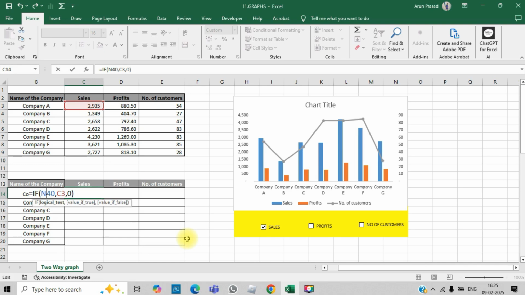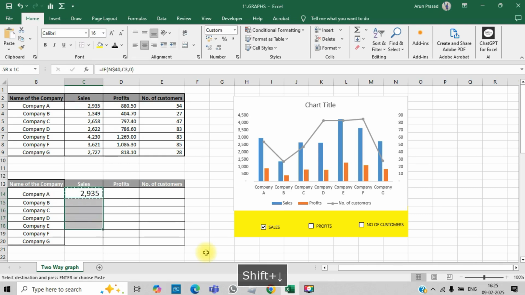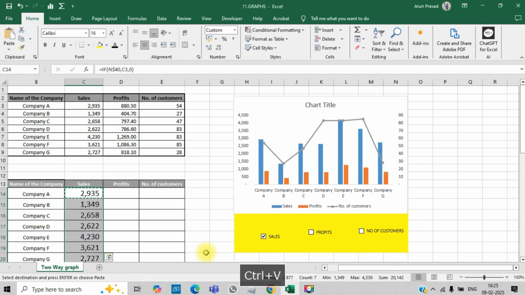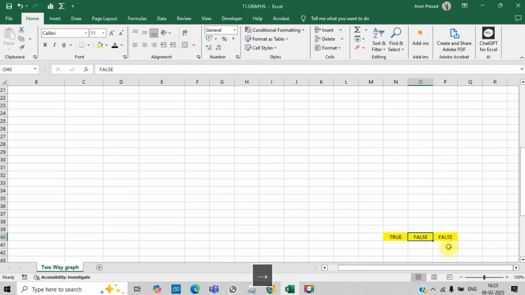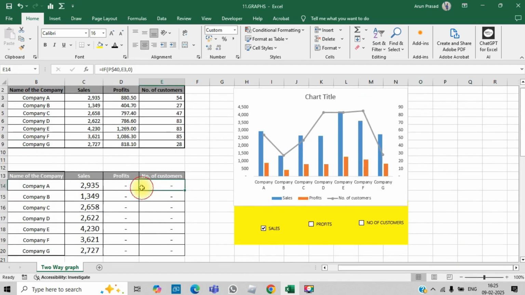We have learned about dollar sign usage, so I'm putting a dollar sign in between n and 40 and then copy pasting this data. So it will be correct when I copy paste in other places also. Reason being, this is moving right and I kept other data also in the right side only. That is the logic. If I keep it otherwise, it will be an error. So I deliberately kept it like this, so it has come correctly. Now if I change it,